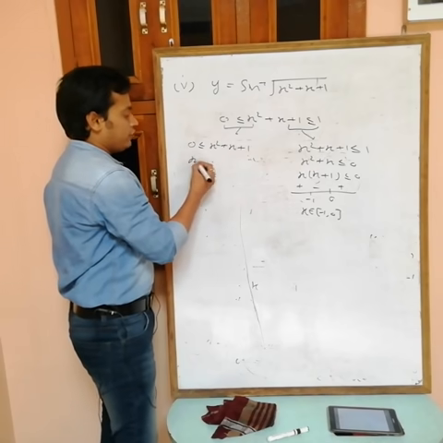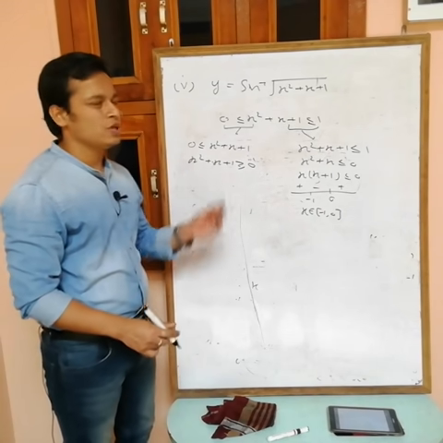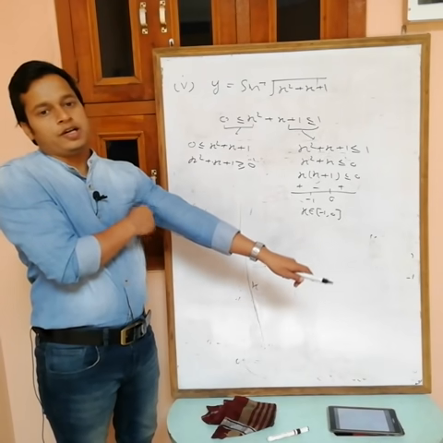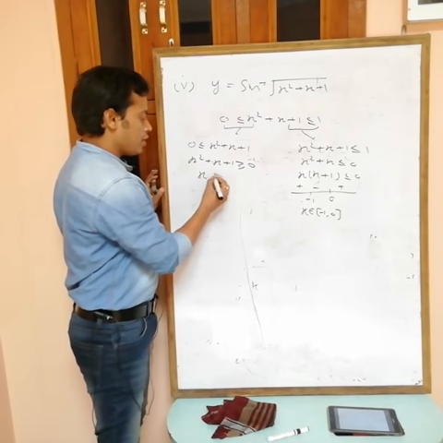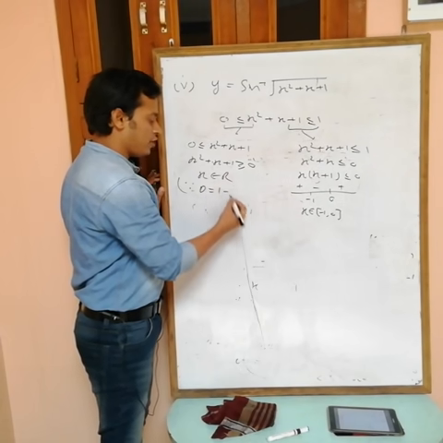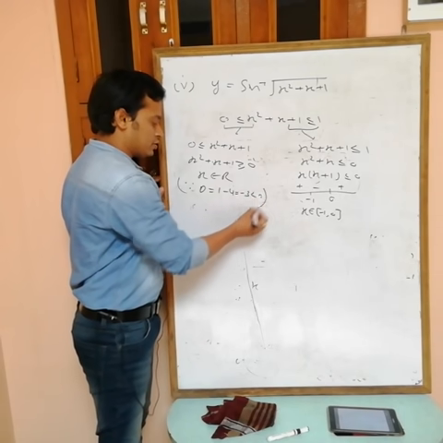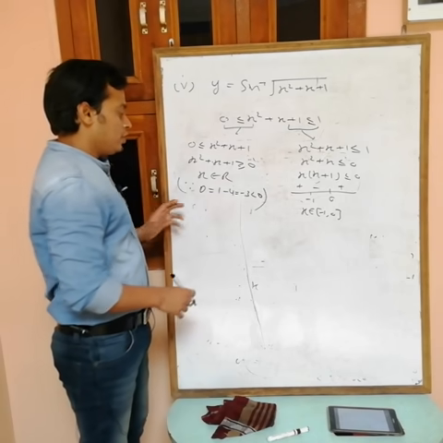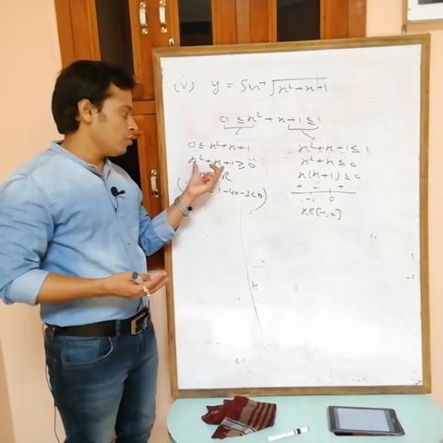Now here what are we getting? We are getting x square plus x plus 1 greater than equals to 0. But obviously, this one is always greater than equals to 0. You can't factorize this one. D is less than 0. Here x belongs to R. Why? D is b square minus 4ac, which is 1 minus 4, so minus 3, that is less than 0. Okay, D is less than 0. If D is less than 0, it means no root for this one.